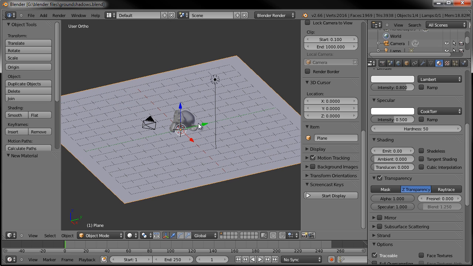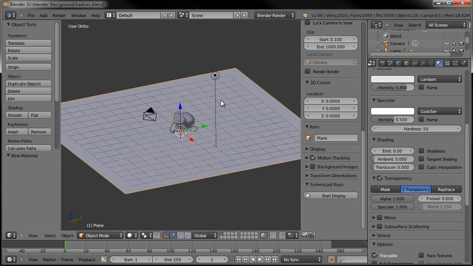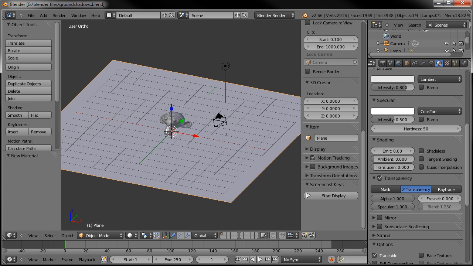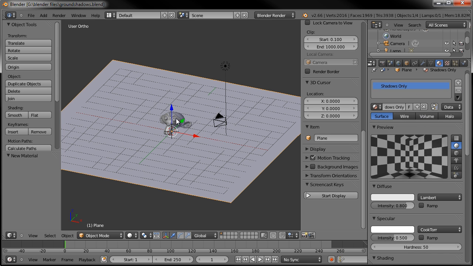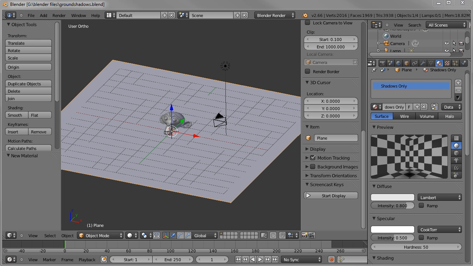Now, there's another way you can do it in Blender Internal that also translates well into Cycles. And the way I found this technique was, like I said on the Blender Shake video, I was looking for a way to be able to composite them together, but still render using Cycles. Now, if I would have done it all in Blender Internal, I could have used just the simple shadows only technique. So anyways, I wanted to do it in Cycles, so I had to look up a way to do it,